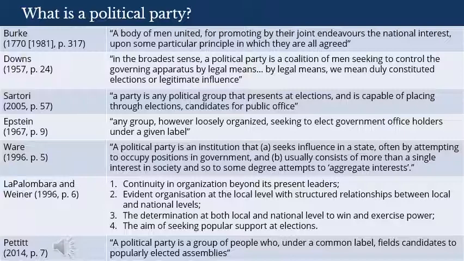either by providing candidates to a political party, so you can think of trade unions providing candidates to the Labour Party, or influencing politicians within the governing apparatus through things like lobbying, or in illegal cases, bribing. So it seems intuitive then that in addition to including a group of individuals who share a common outlook, we need to include an electoral arrangement. A good example of a definition which includes all three elements is Epstein's, and not that one.